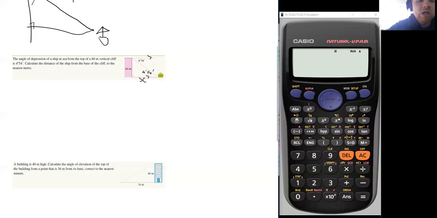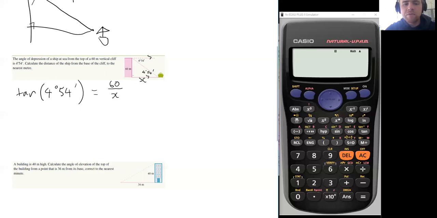So I get an equation. If it's opposite and adjacent, I'm going to use tan. So it's going to be tan brackets 4 degrees and 54 seconds equals opposite, which is 60, over x. Okay, and now I just need to rearrange to get x on its own, but we have a